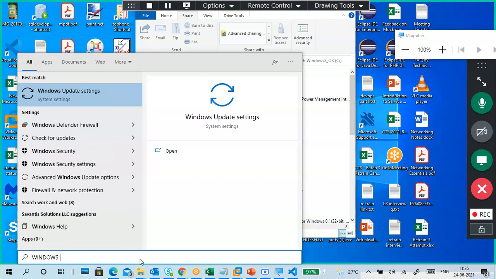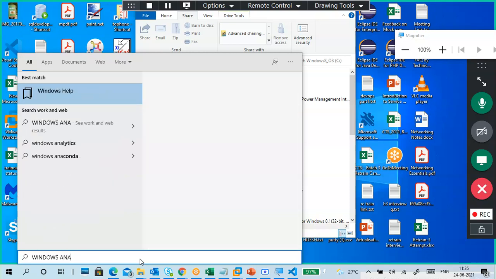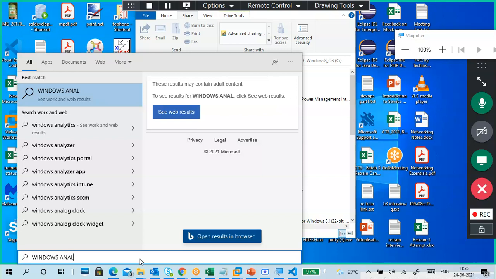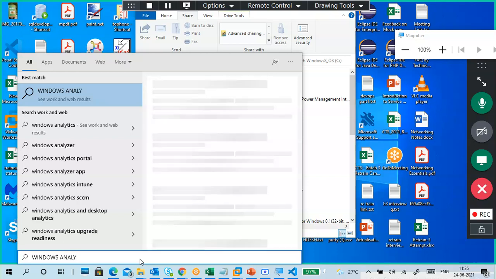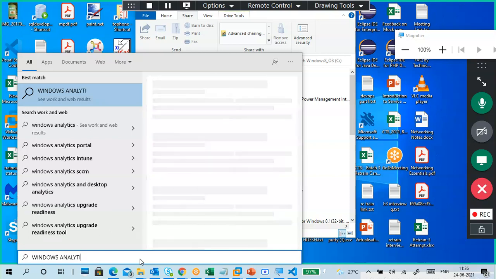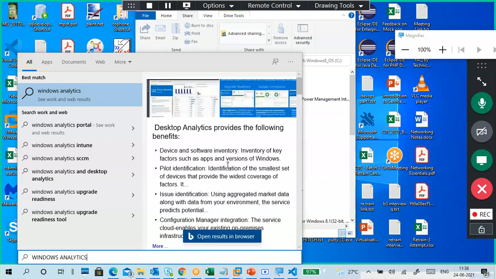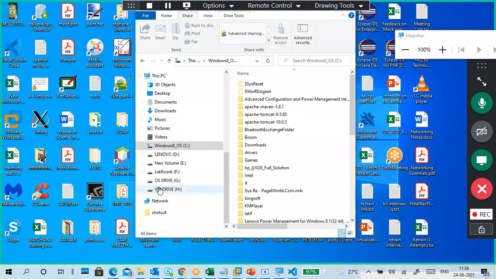Very simple. It is not analyst. The app is there actually, somewhere it is gone. Okay, this is not this one. Windows analytics. It's the upgrade readiness tool, like this only. Desktop analytics and desktop, like this. It will be there.